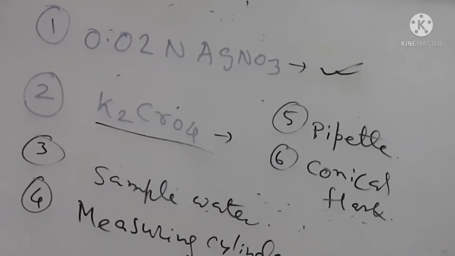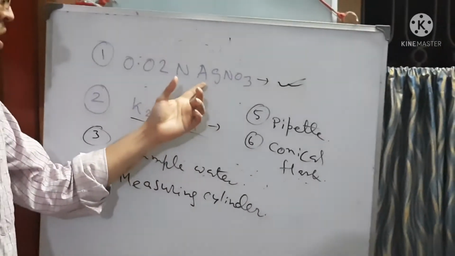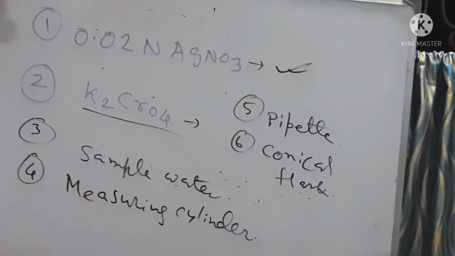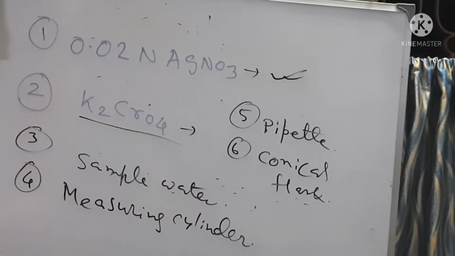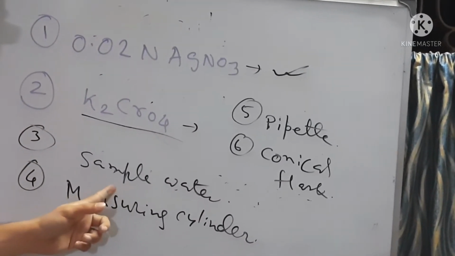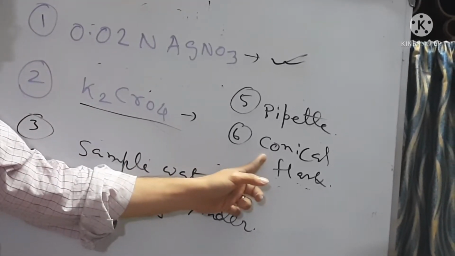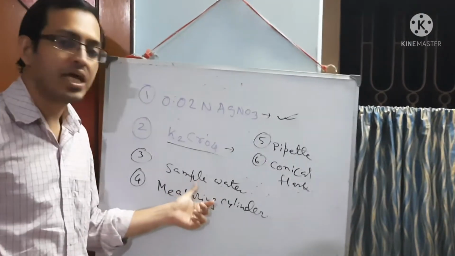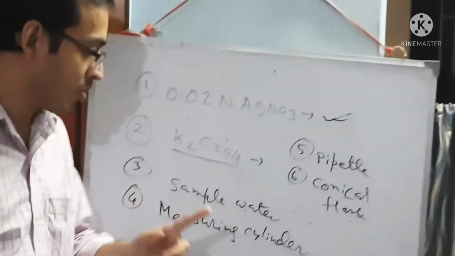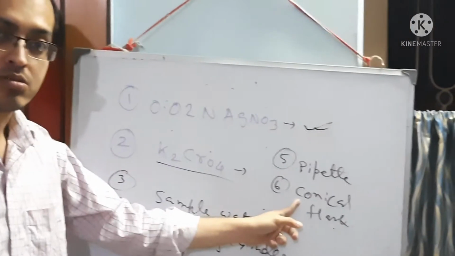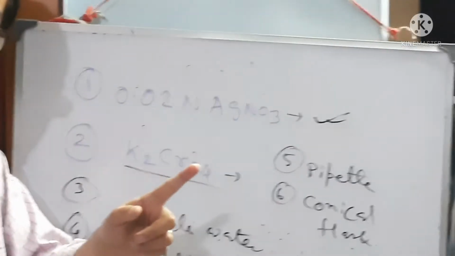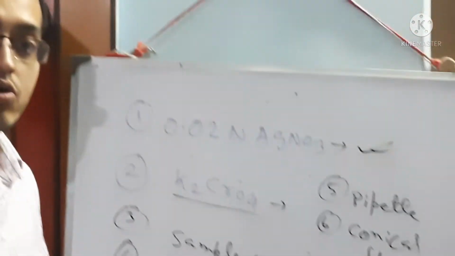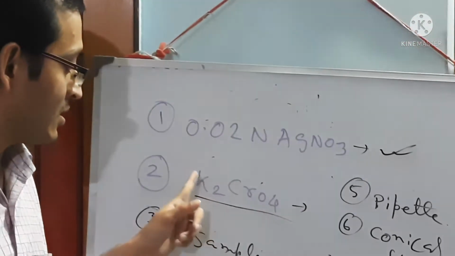So first of all, I will show you that we have to fill the burette with AgNO3 solution. Then we have to take 10 ml of sample water in a conical flask. With the help of the measuring cylinder, we have to take 10 ml of sample water in the conical flask. Then in the next step, we have to add this indicator